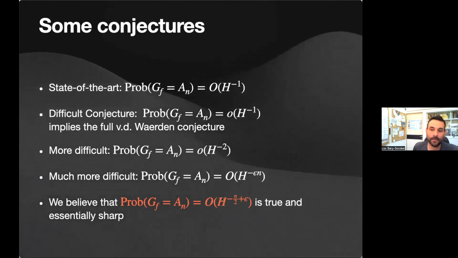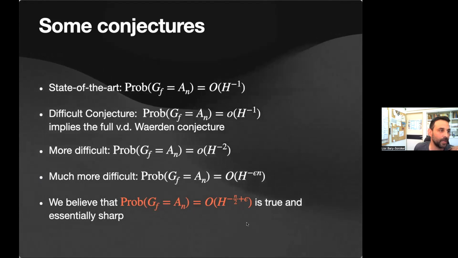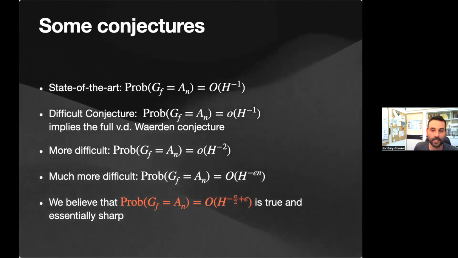And if you think about it, if H is, for example, 10, then 1 over H is 1/10, but H to the minus n over 2 is an extremely small number. So this is something that you cannot catch in a computer, it's very difficult to catch in a computer once n is large. So this is something that you cannot find in the street, and even if you go in China where there are 1 billion residents, you still will not be able to find the guy that has Galois group An. So small. I'm not sure if it's the correct analog,